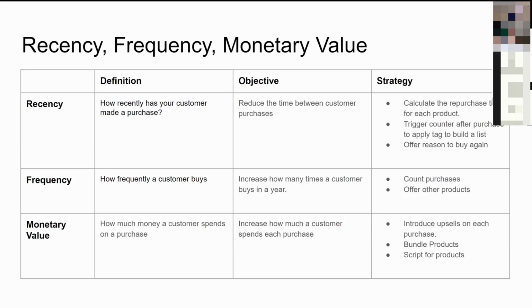Okay. If we look at frequency, how frequently do people buy? Well, if you're on a monthly subscription, you buy monthly, don't you? If you're on an annual subscription, you buy annually, don't you? Yeah, but what about upsells and other products to get you to buy more frequently than annual? Those are the things that you can be doing.